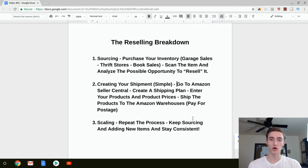Now that you've sourced all your products and you build up an inventory base of around 25, 50, 75 items, it's going to be time to create your shipment and ship it to the Amazon warehouse. Now, it's pretty simple. It's not as complicated as most people think. You're just going to go to Amazon Seller Central. You're going to click on create a shipping plan, and you're basically going to be entering all the different products